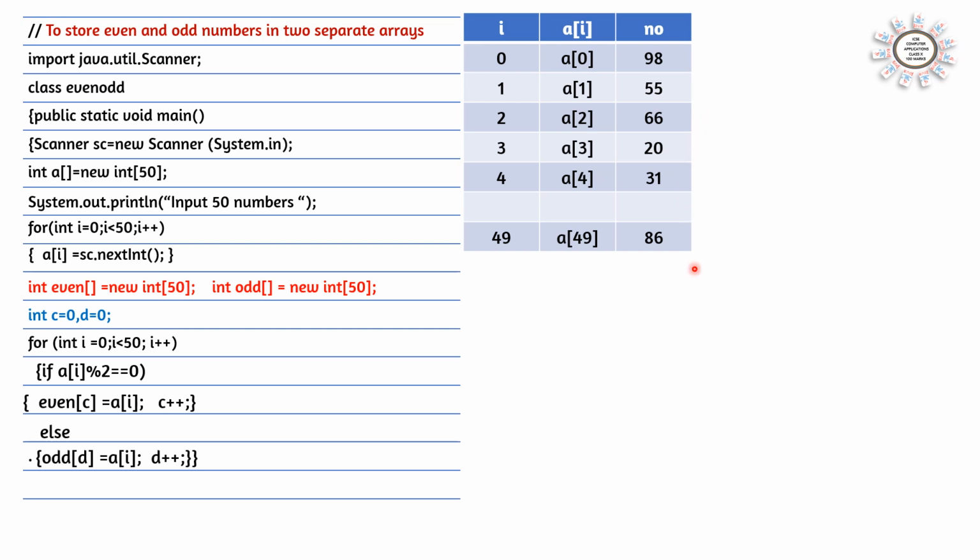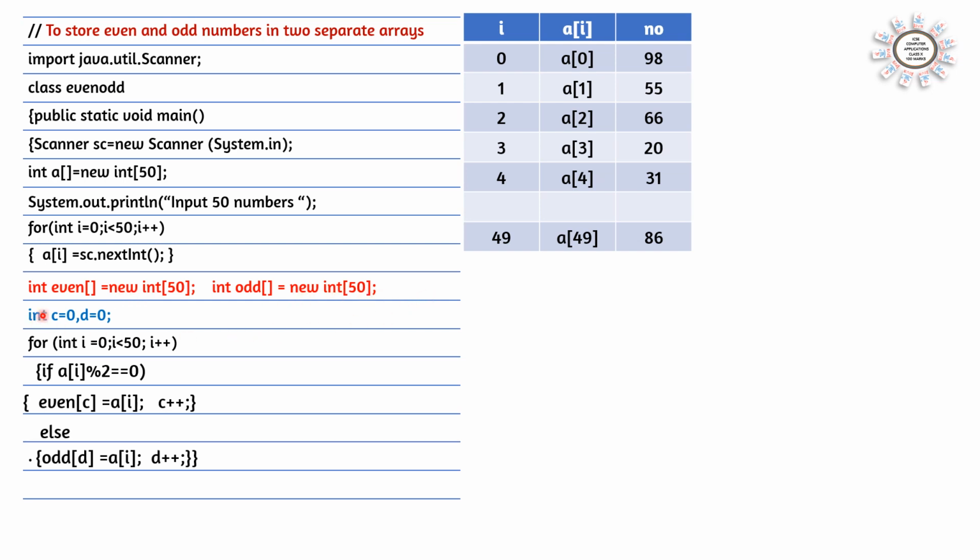And now here we can see many numbers are there. We don't know how many even numbers are there, how many odd numbers are there. Maybe all the numbers are even, or maybe all the numbers are odd. So we don't have the counting. So we have to declare the array for even numbers as 50 as well as the odd numbers as 50, so that even if all the numbers are even or odd, it can be stored. So here we are declaring the array int odd is equal to new int[50] and int even is equal to new int[50]. We have declared both the arrays which can store 50 numbers.